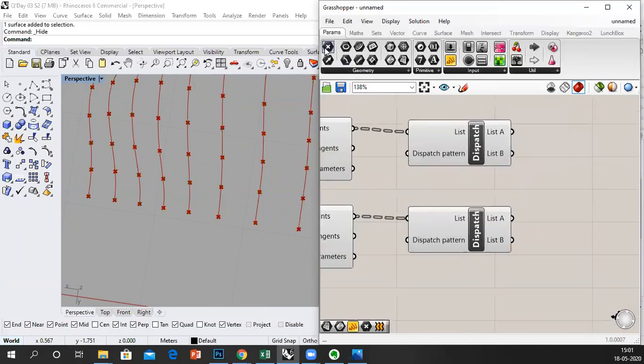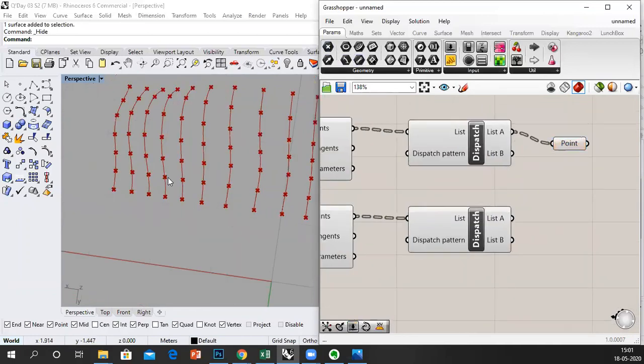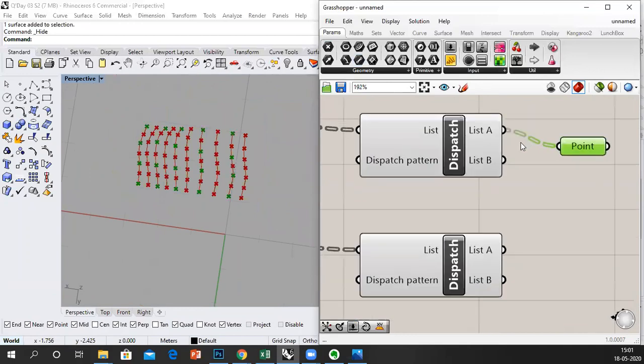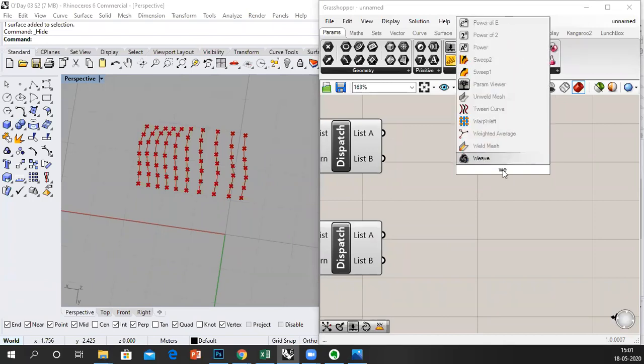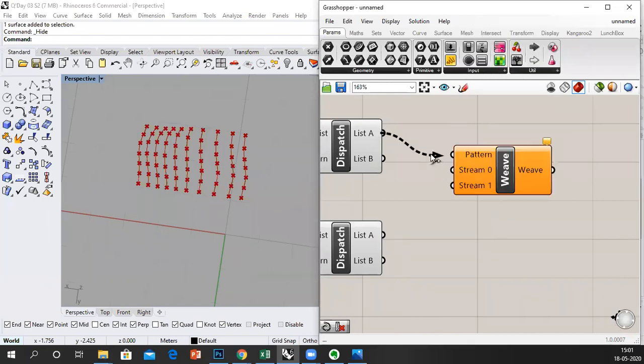If I just put points here and show you, those are the first list A, list B. Here list A, here list B. So we've got all this. Now we need to just interpolate. Before interpolate, we'll weave this data together. Weave. So I'm going to use alternatives.